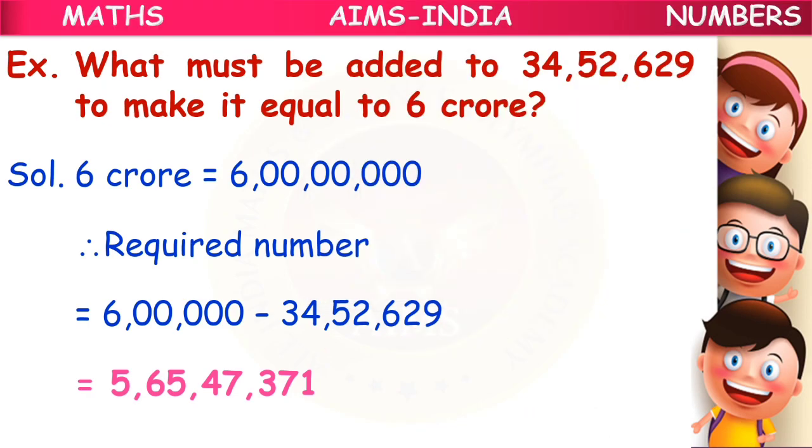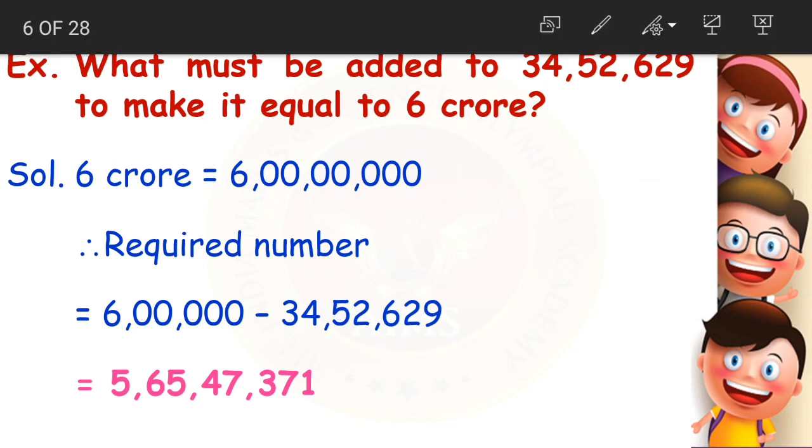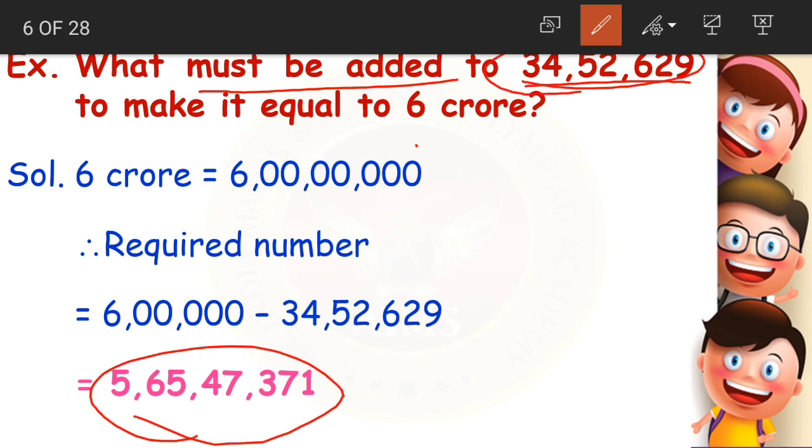Now what happens in exam, or while you are doing the homework, is you'll get a doubt, right? You will be doubtful whether the answer I got is correct or not. Now how to check whether the answer we got is correct or not? See, if they are saying when we add the number to this 34 lakhs, the answer should be 6 crores, right? So let us see what we get by adding the answer we got and the number in the question.